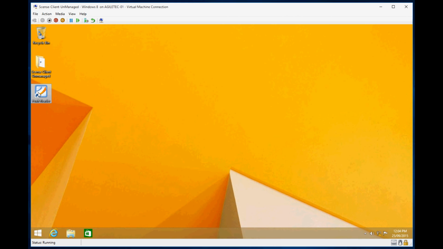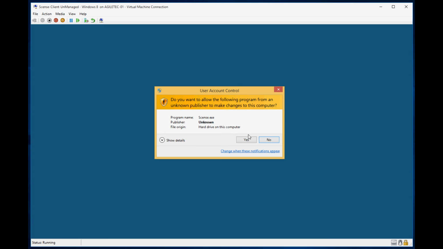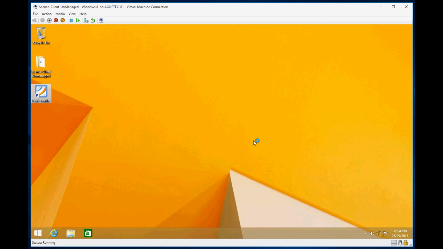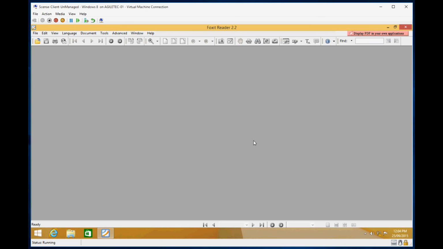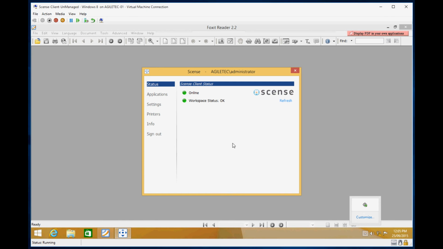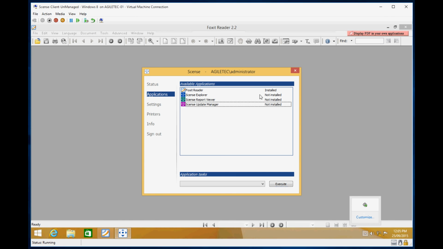So now if we double click on Foxit Reader, you can see here that it's going to prompt and it's going to install on first run, which is the setting we've got it set up for within our deployment. And Foxit Reader opens and we're all good to go. Now if we look at the applications, we can see that it's installed. So it's easy as that,